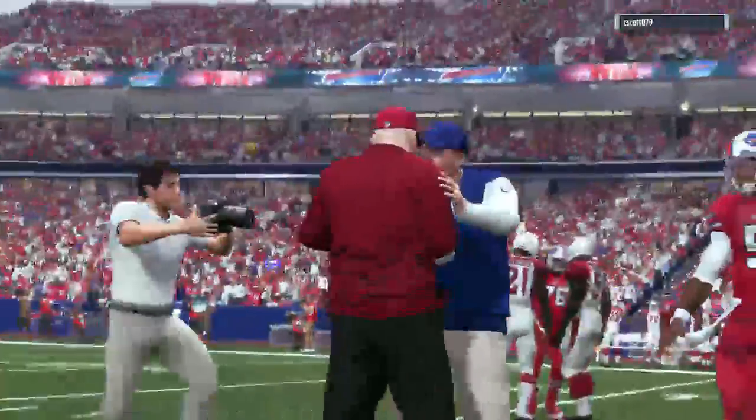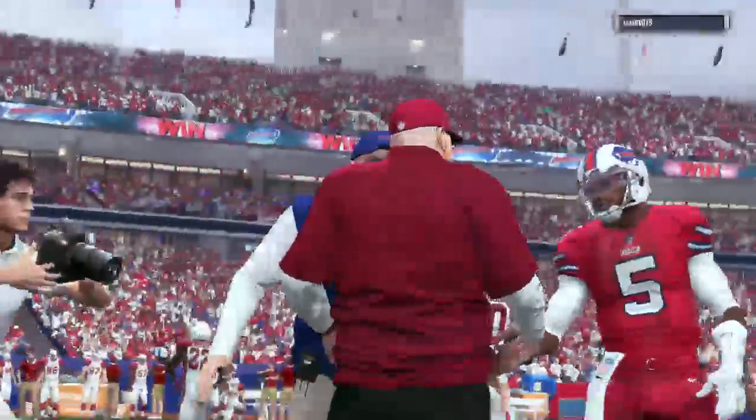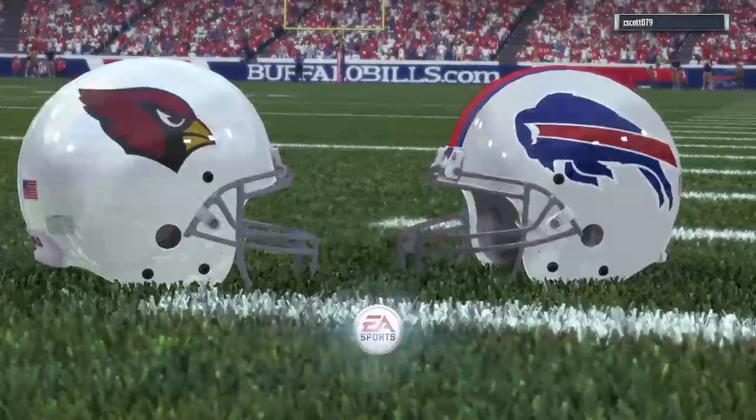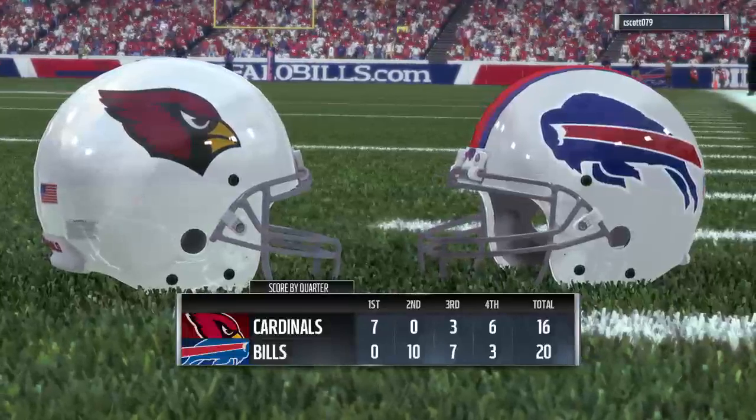Similar to a tennis match, right? Not letting them break your serve. That way you hold on to it. They got it done, and they feel very good about that victory. So for the Bills,